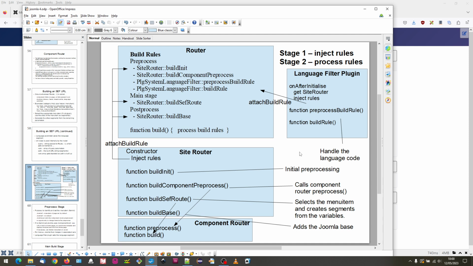you can actually write your own plugin. If you need something particular in the URL building and parsing, you can actually write your own plugin in the same way as the language filter plugin. And after initialize, get it to inject some rules, and then those rules in your plugin will be called just as part of this router